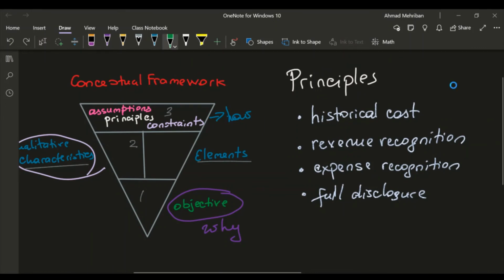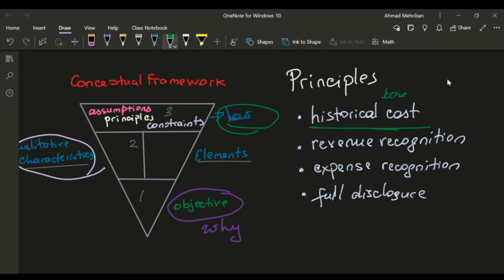We have finally reached the principles of financial reporting. Again, we are in the same "how" section of the conceptual framework, which explains those guidelines and principles. If you remember, we are already familiar with at least three of these principles. Historical cost basically implies that the amounts recorded in financial statements don't represent the current price at which we could sell or buy a specific asset, but the price at which we have bought it.